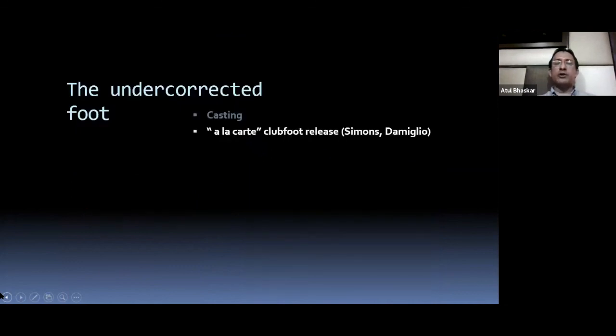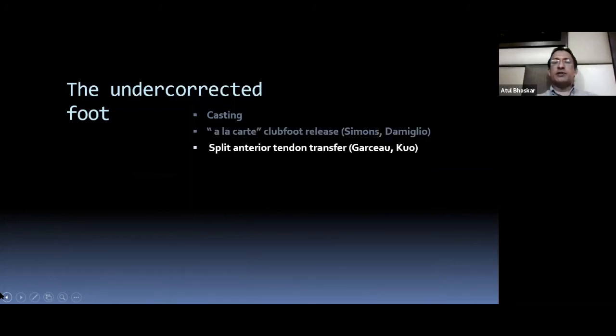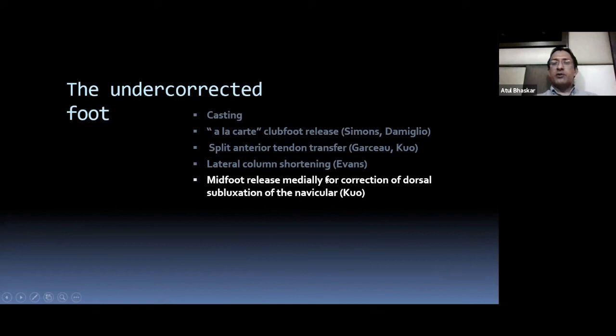So you start with casting if you want initially, and then you try to do whatever surgery is possible to get the foot plantigrade. These are the surgeries recommended in clubfoot, and one has to be familiar with at least some of the steps. For a mild deformity, you do only a soft tissue release. For a dynamic relapse, you do a split and transfer. When they come with a grade 2 or grade 3 relapse where the lateral border is fixed, you do a lateral column shortening, or what is called a cuboid shortening. You do a medial release to correct the medial tightness, and you can correct the navicular deformity as well by putting a talonavicular wire.